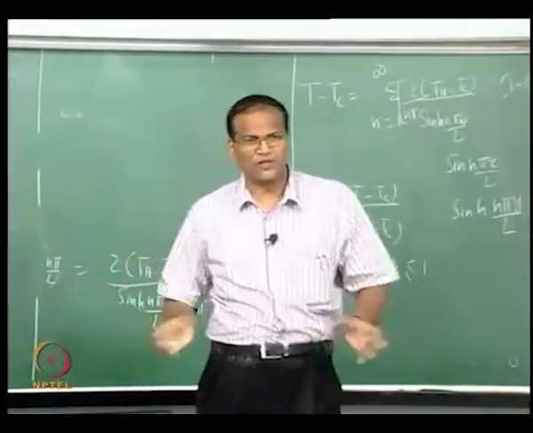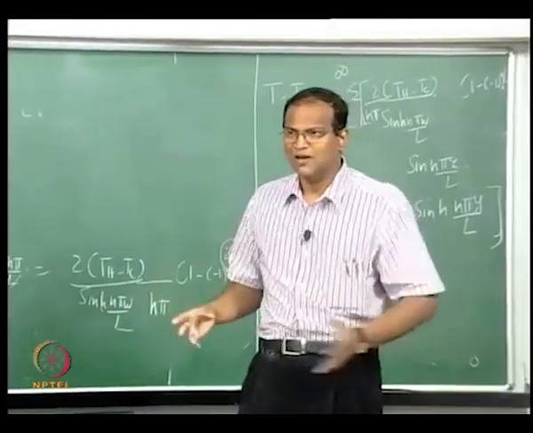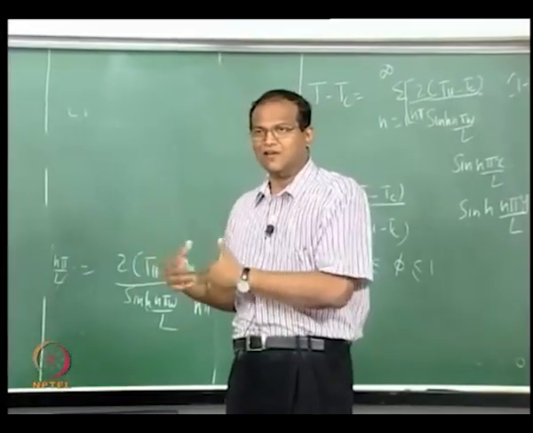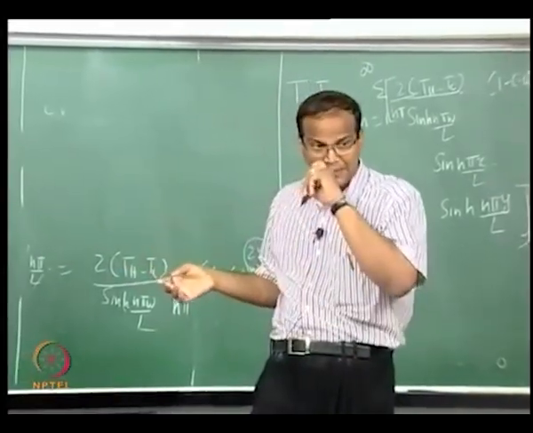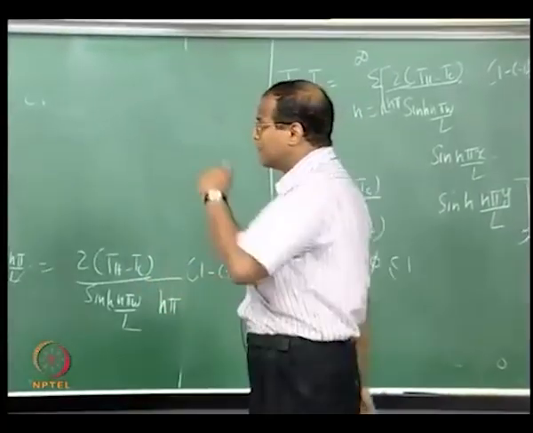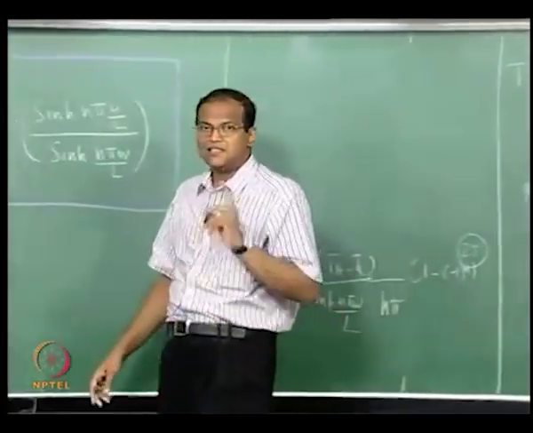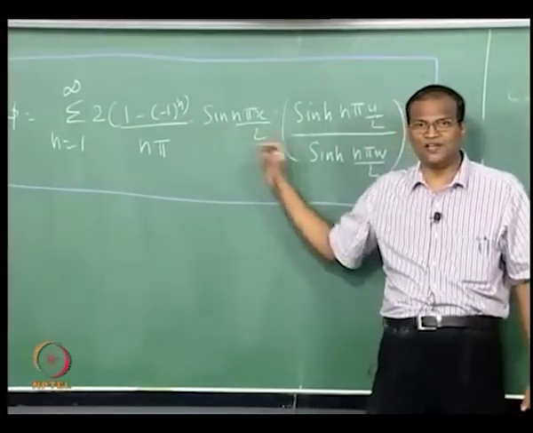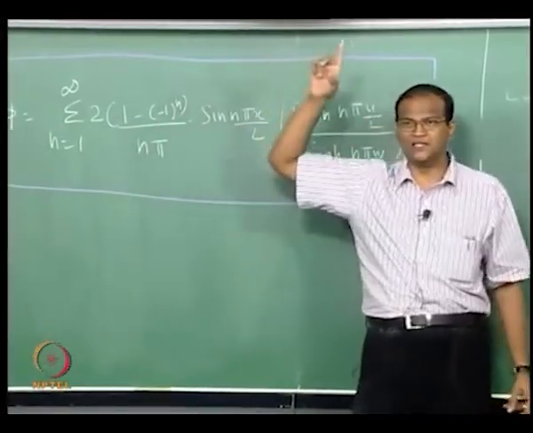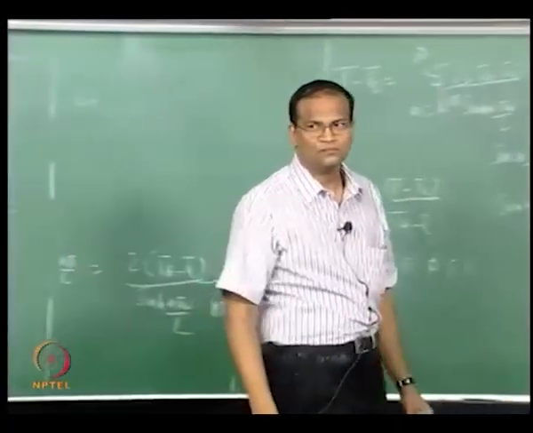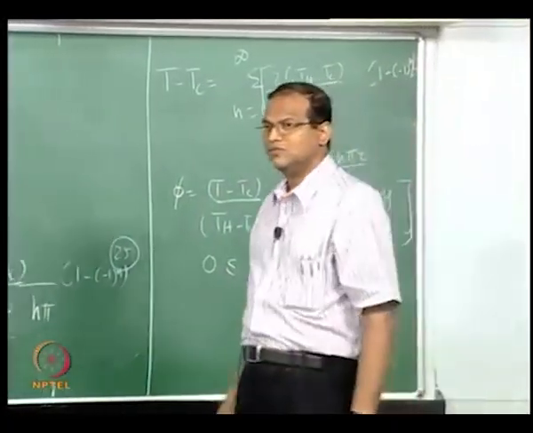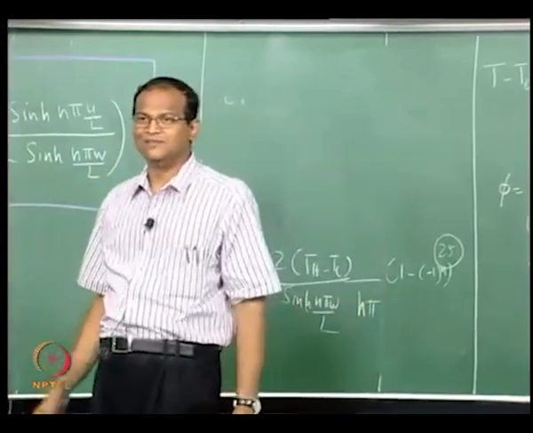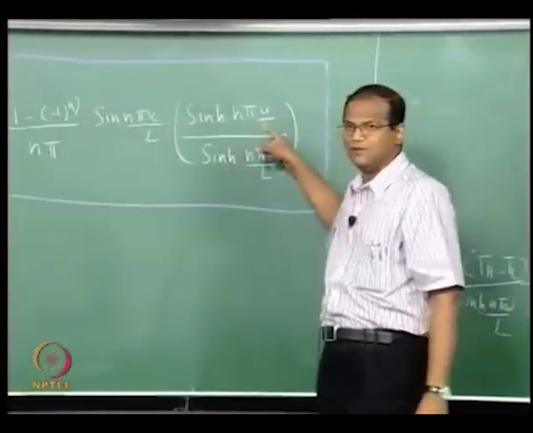So regardless of your procedure, you may use orthogonal functions, Bessel functions, whatever, if you get something which fundamentally violates your common sense understanding of the solution, then that solution is not correct. Okay. The other most important thing is, since n is in the denominator and with increasing n the contribution of the various terms will decrease, it will be a convergent series. N equal to 1 will have the maximum influence, the 10th term will be 1 by 10, and all these things also will have their part,